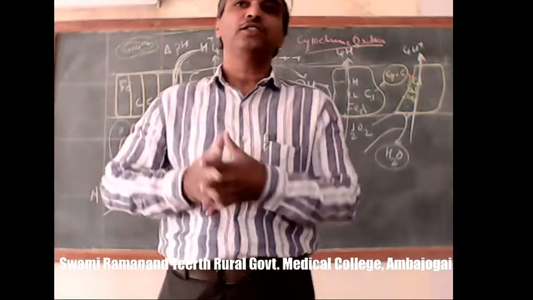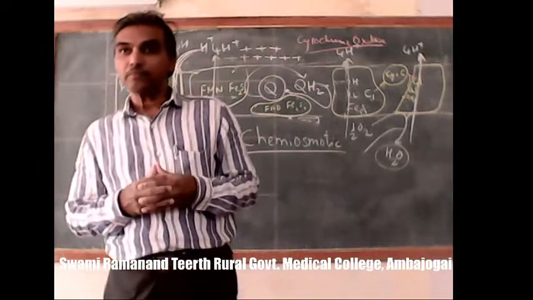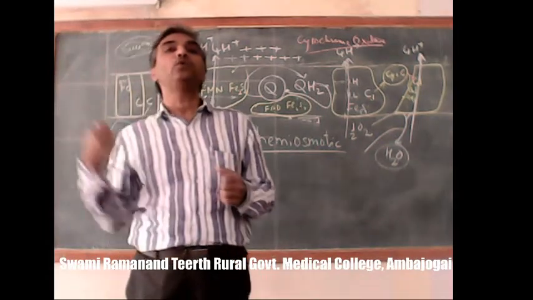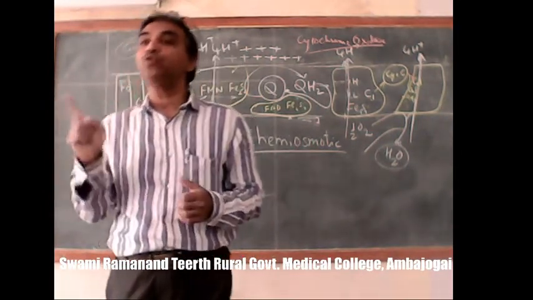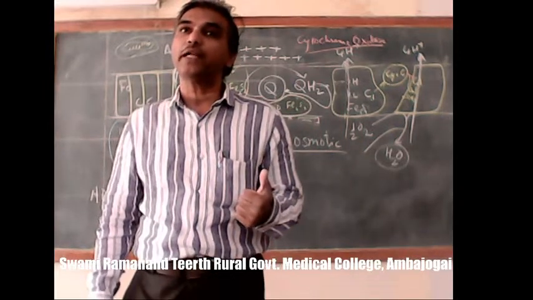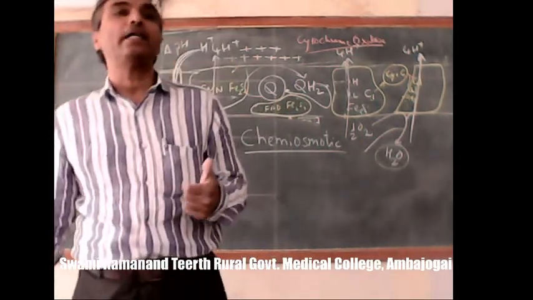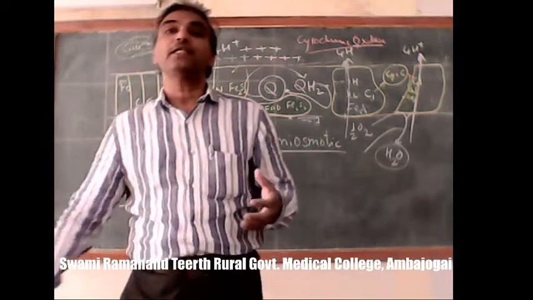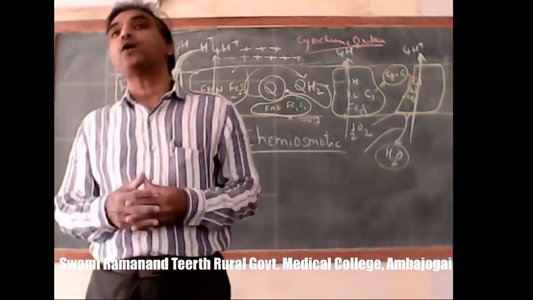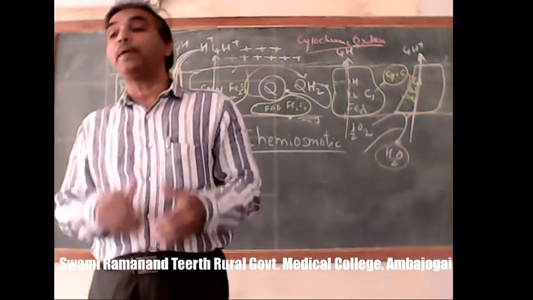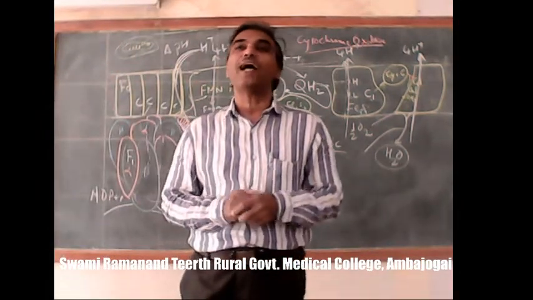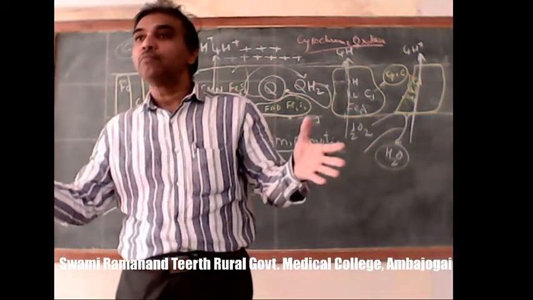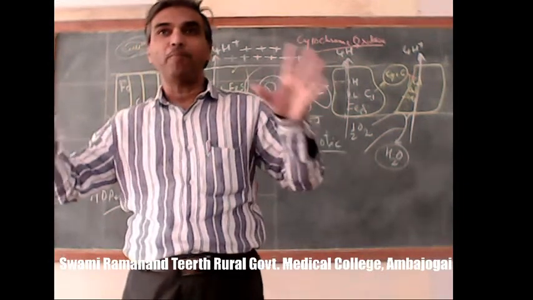And all this occurs due to movement of the bent axle. Bent axle moves due to the movement of C unit. C unit moves due to the entry of protons or hydrogen ions through it. Entry of hydrogen ion occurs due to the electrochemical potential gradient, and electrochemical potential gradient occurs due to the pumping of protons in the inner membrane space, and this pumping occurs due to the transport of electron across electron transport chain. So this is how two things are coupled: